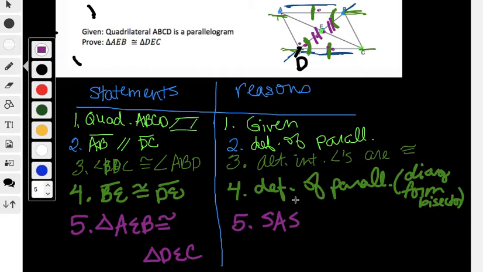Now, if I would have done something differently, if I would have said that this angle and this angle are congruent because of alternate interior angles, then my final reasoning would have been ASA. So this could change depending on what you choose in here. So if you're given something that has different choices,